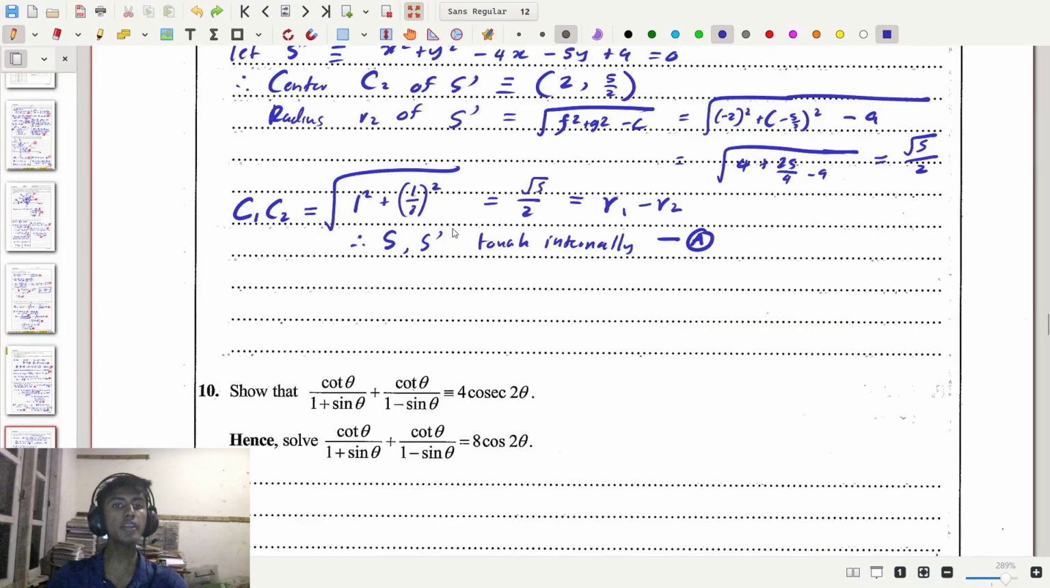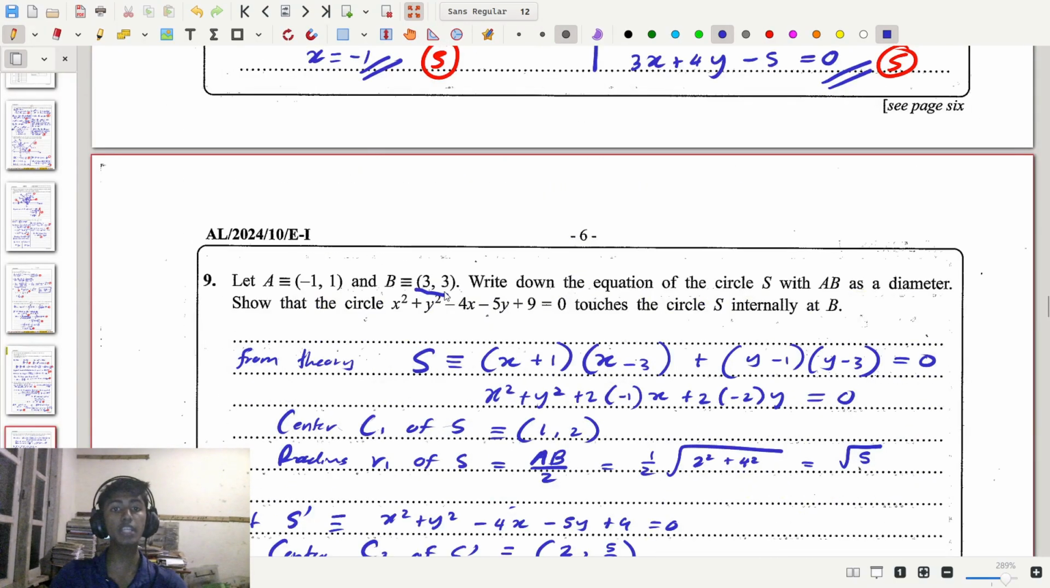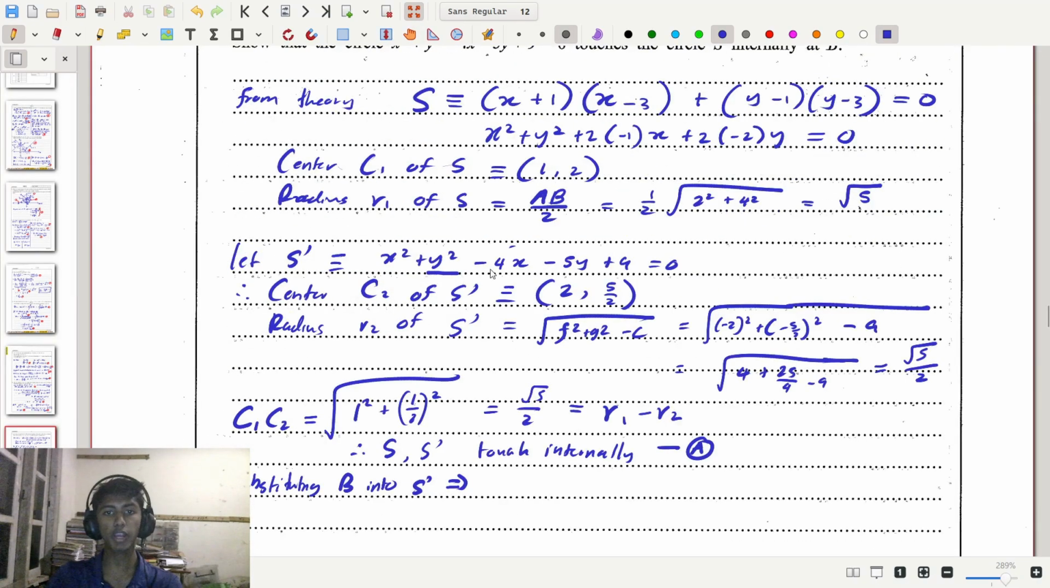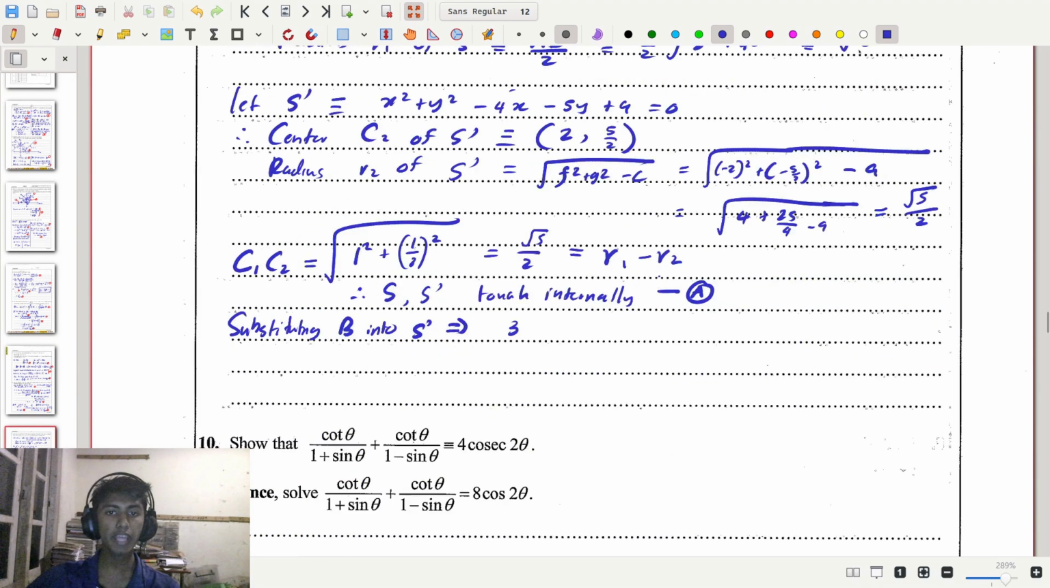So going down, all we need to do is to substitute the coordinates (3, 3) into this circle and see if it's equal to 0. If it's equal to 0, then we can say that B is on the circle S dash. So substituting B into S dash, which is x squared plus y squared minus 4x minus 5y plus 9, we're going to get x squared, which is 3 squared, plus y squared, which is 3 squared,